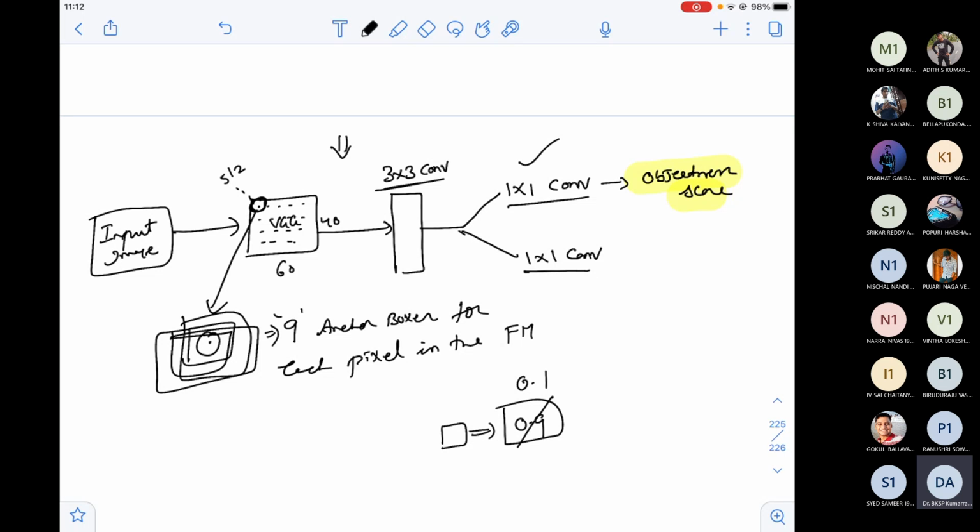Some background is there, and I'm not interested in drawing the bounding boxes around the background. I'm interested in drawing the bounding boxes around the objects. That's the main theme for this, with the objectness code that we have here. And what about this part? This part will give you four coordinates,